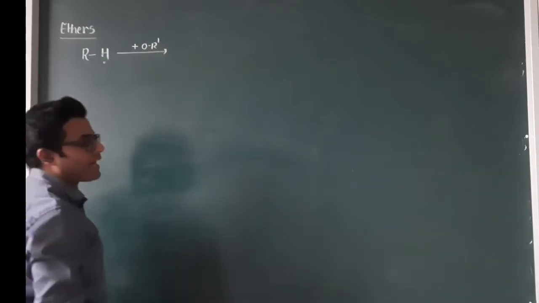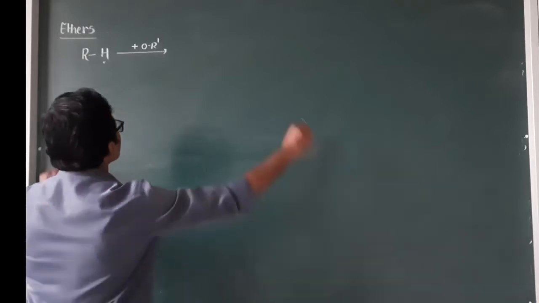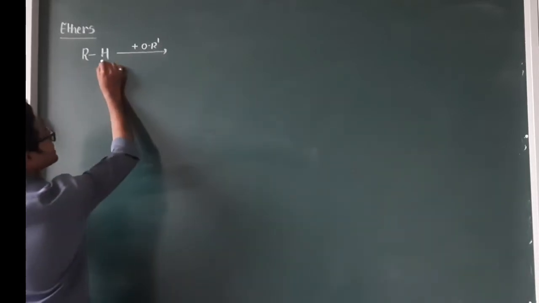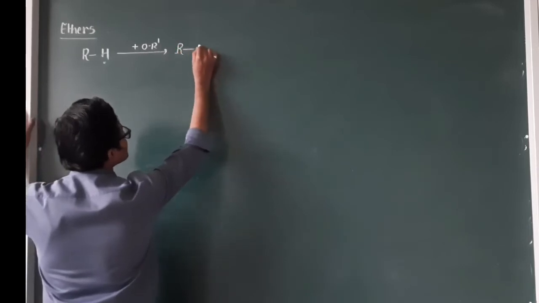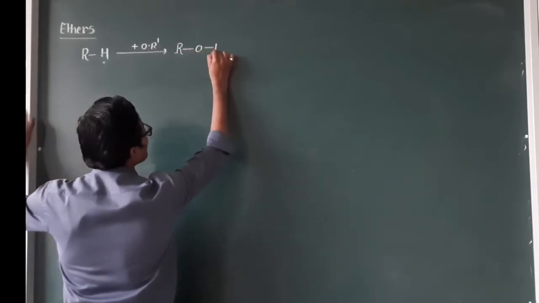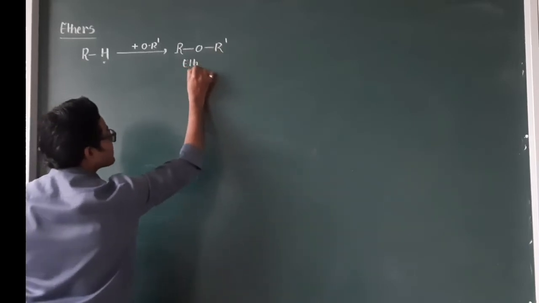So OR dash is our alkoxy group. This hydrogen is being replaced by this group, eventually giving us a product ROR dash. So this one is the ether,